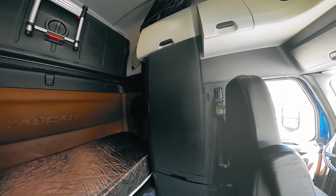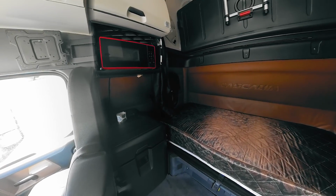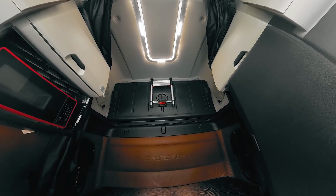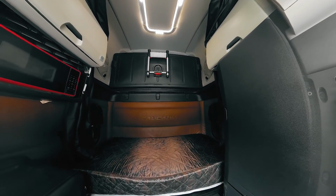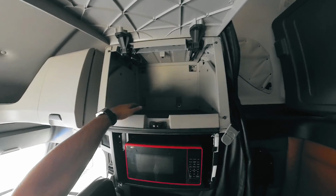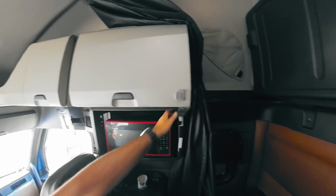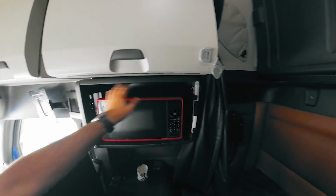Now moving towards the back of the vehicle, we can see that even the back is a fairly spacious unit, not only for one driver but even for two drivers. Let's start with the passenger side. We have our storage unit up here with plenty of space to put anything you want, either clothes, food, condiments, anything. We have a child-proof system here. We have another storage